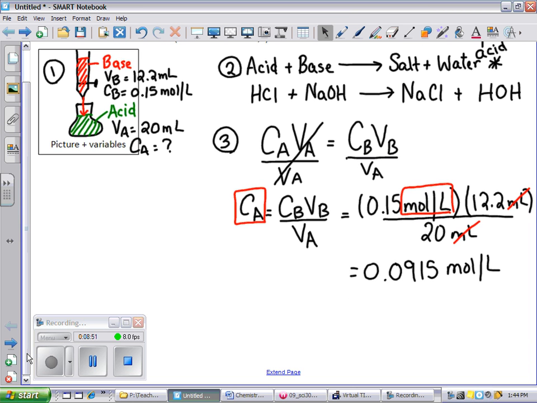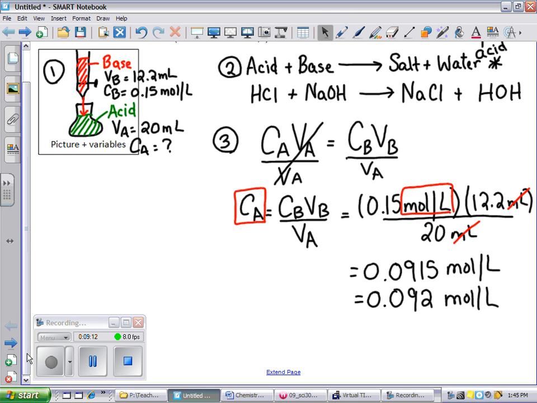So how do you do that? First of all, you can round your answer to 2 significant digits. So that would be 0.09. And because you're only allowed one more digit, the 15 has to round up to a 2 moles per liter. But that probably still isn't good enough for your teacher, and you have to put your answer into scientific